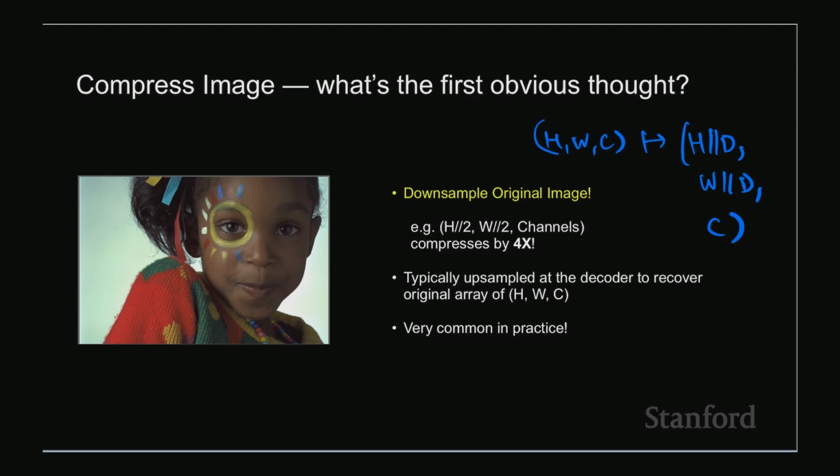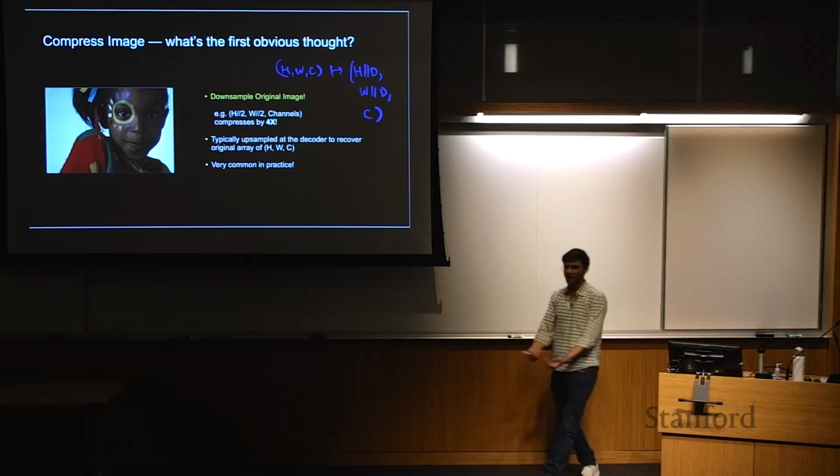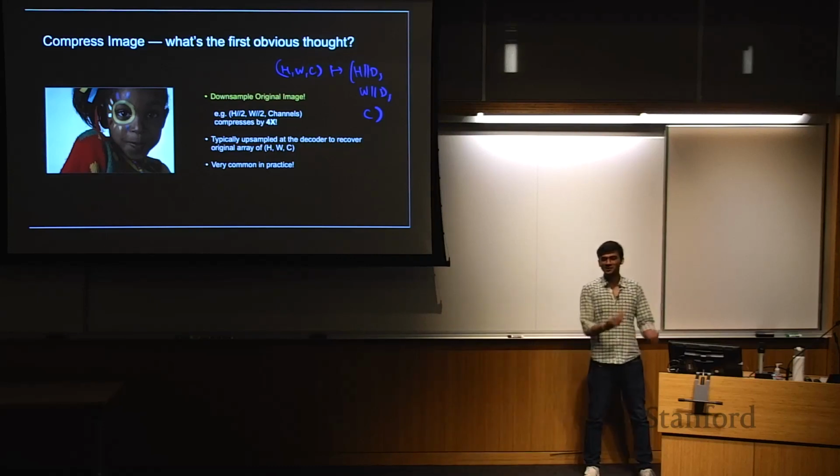And then you can compute the MSE between the two, which will give you some distortion, right? And then you can obviously play with the rate distortion by changing this factor D. So instead of 2, I could have done 3, 4, 8, 16. Nobody's really stopping me. And this sounds really stupid, right? Like, oh, I just reduced it by half or by 16. But actually this is one of the primary ways your rate distortion curves are even made